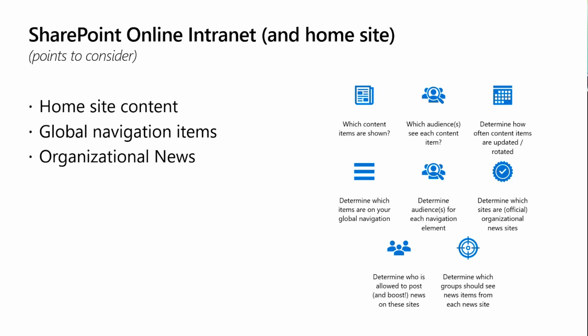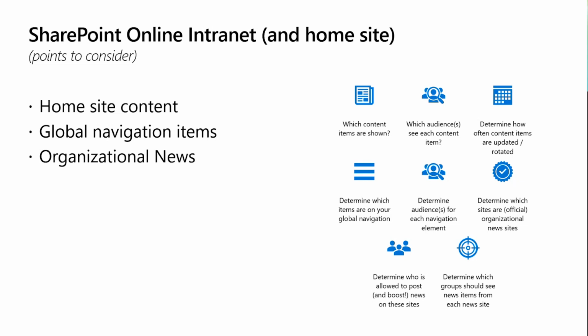Determining the items that go in your global navigation. If you're using that global navigation with your SharePoint home site, then having that menu of options, what should be there, and then the next point being who are those audiences. So I could have a link to an internal system that only applies to employees in, let's say, my operations unit, and I could filter it to just employees that work in operations to see that link. That way, the rest of the organization doesn't see something that's not relevant, potentially something they don't have access to. And it just makes the navigation smaller and still more relevant for each employee.